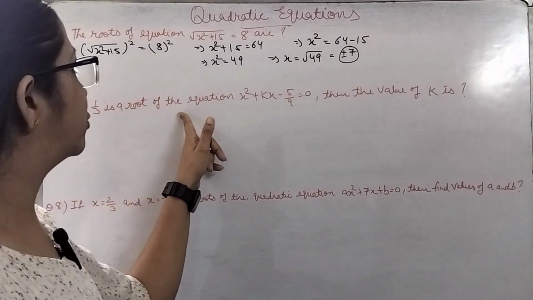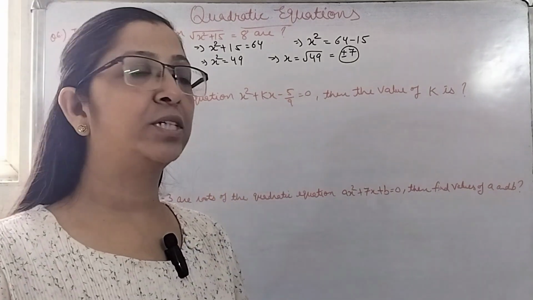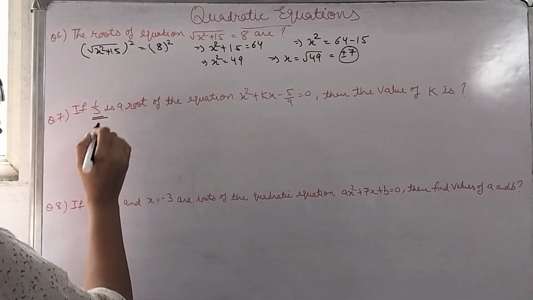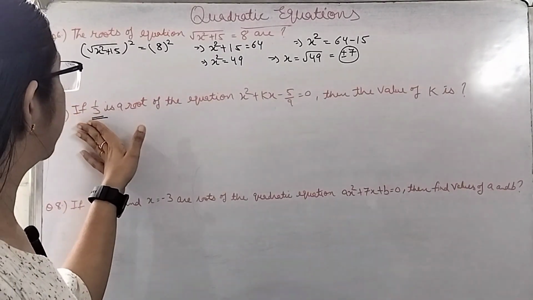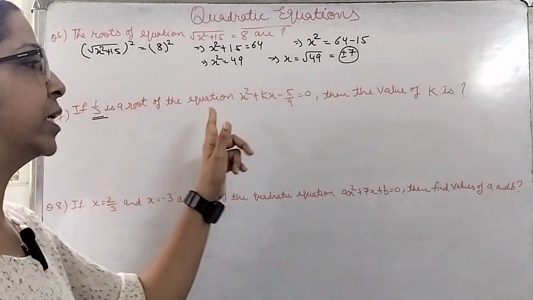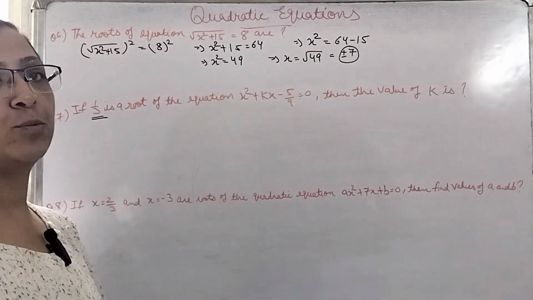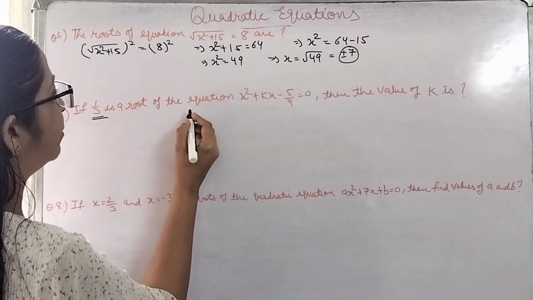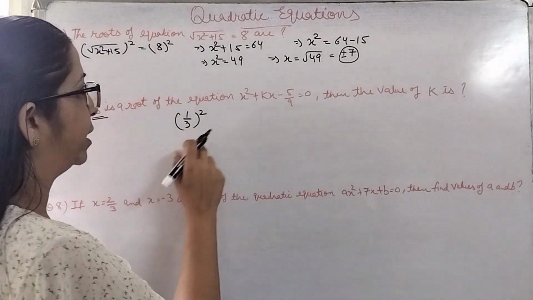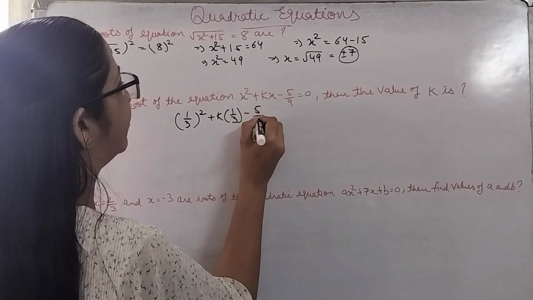If 1/3 is a root of the equation x² + kx − 5/9 = 0, then the value of k is. Now here it is already given that 1/3 is a root of the equation. That means if we replace x by 1/3, it is going to satisfy the equation. So wherever x is coming, we will replace it by 1/3. So this equation will become (1/3)² plus k multiplied by 1/3 minus 5/9